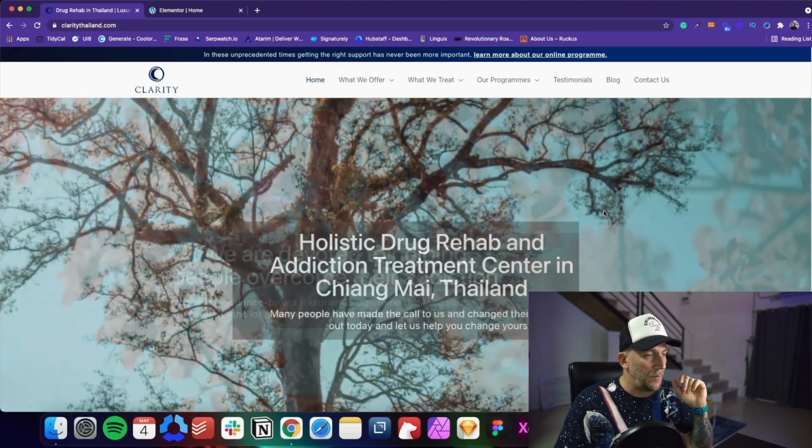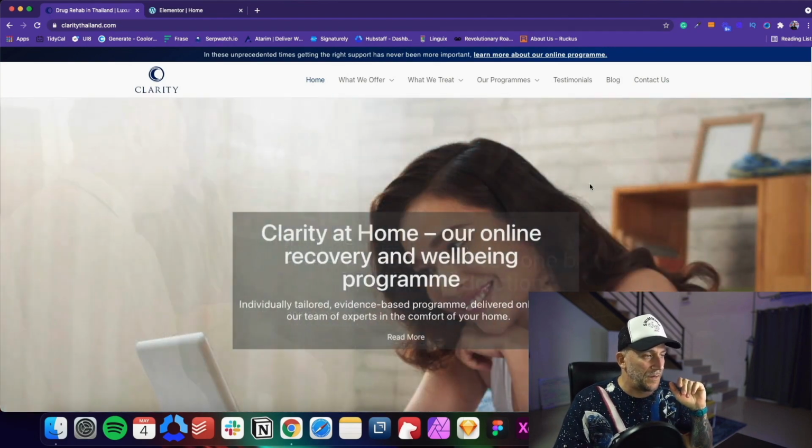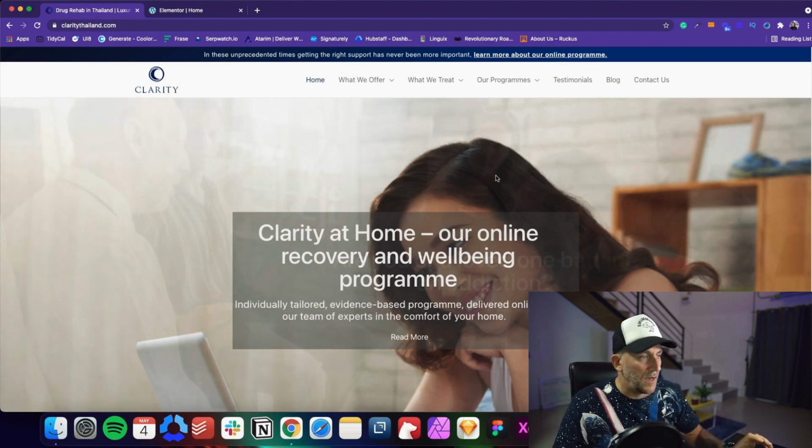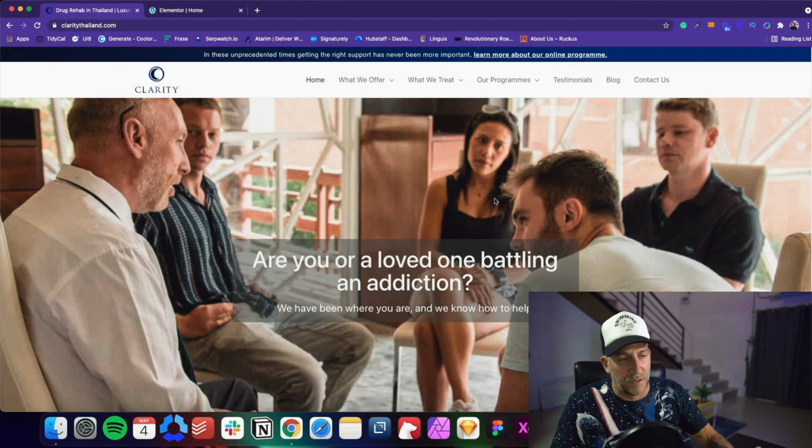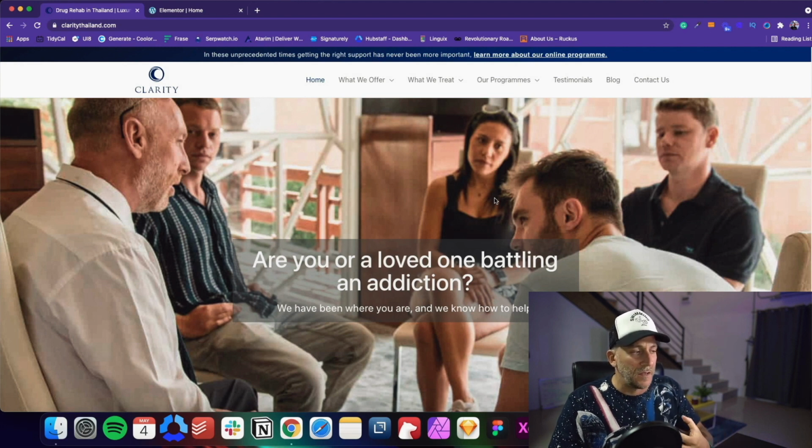So you can see here, okay, we got a slider right here. And on the slider, it's got these headlines. And you got this headline right here: are you or a loved one battling an addiction? And this website is for an addiction treatment center that is in Chiang Mai out here in Thailand. And this one right here, look at how this headline sounds. Are you or a loved one battling an addiction? This is emotional. It talks to the user, speaks directly to the person clicking on it. And when they read something like this, they're like, hey, maybe this is the right website for them,